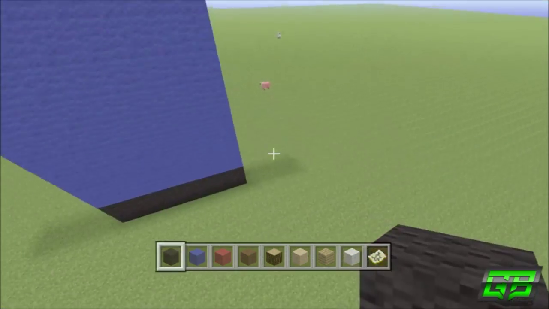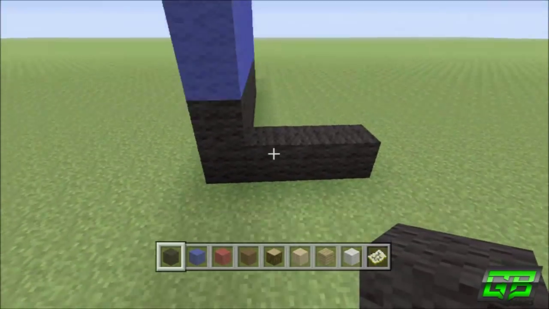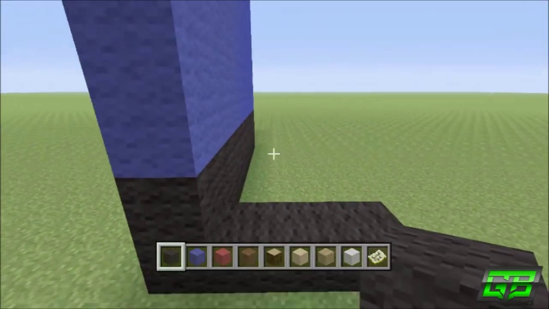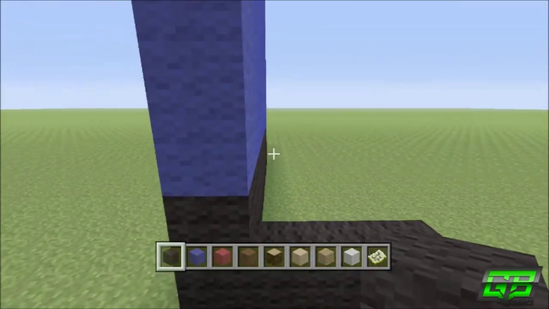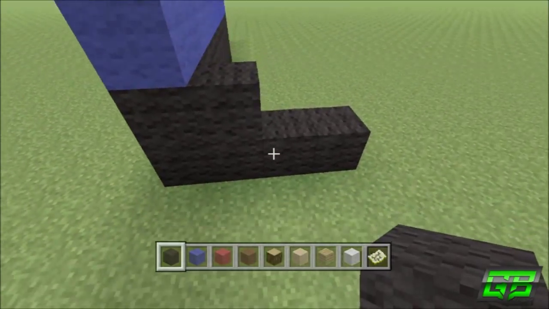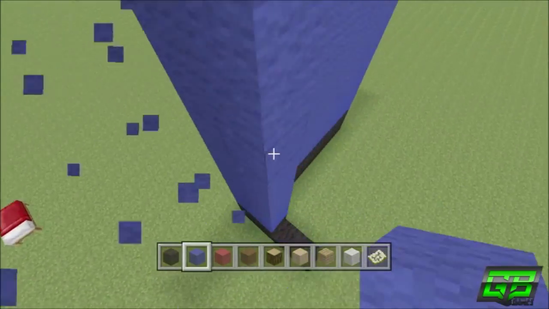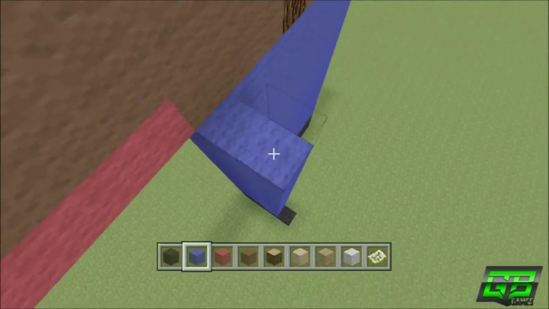Okay, so now what we're going to do is go around to the right side of the statue and extend it out backwards 3, using black wool. Next row we place 1 black wool, so there should be 2, so it goes 4, 2, and then the rest is blue wool. So we build up 10 using blue wool on this side, and then 11 up on the next 2 parts,